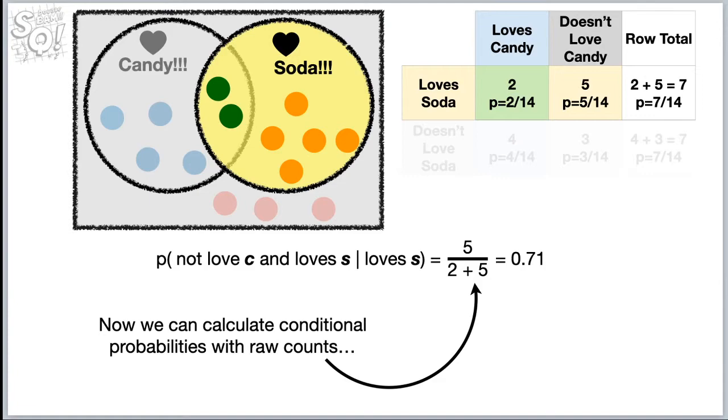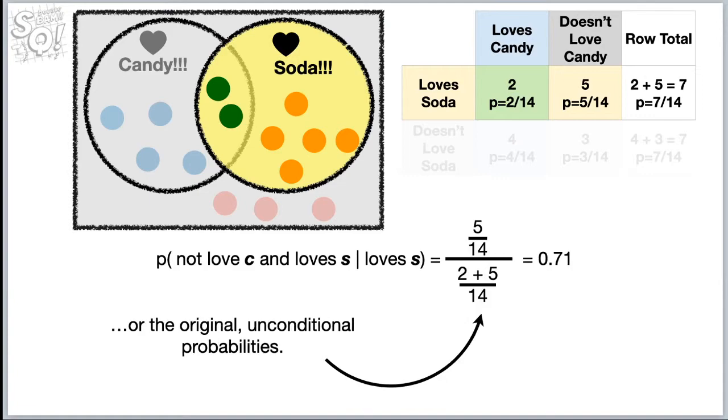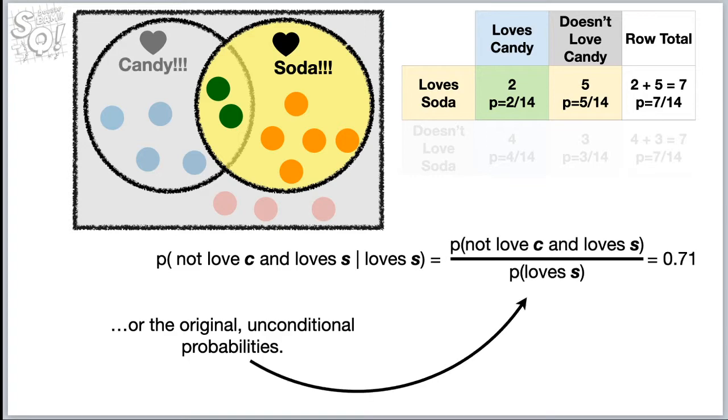So now we can calculate conditional probabilities with raw counts or original unconditional probabilities. And the reason for using those original probabilities, where we're not just plugging in numbers, is that it's sort of like having an equation where you've got y equals 3 plus 2x. The fact that we don't already have a value for x, and we can plug in future values into x, means we've got a flexible system that we can change as we need it. And it's not locked down to any specific data set anymore.